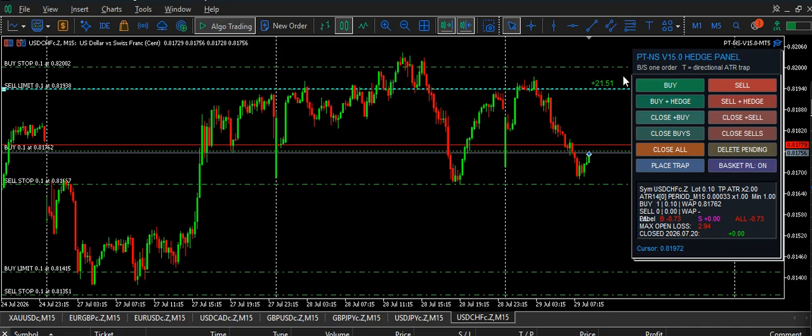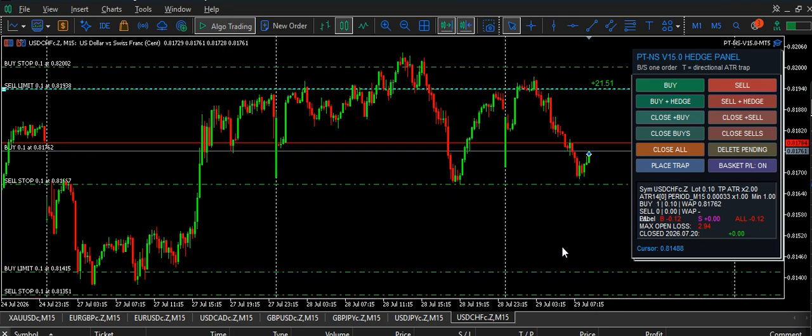Then we can look further back to the left on the daily and see where the next resistance is, and we can place a trap there. This is slow trading. It's almost frustratingly slow. That's why you trade a lot of pairs, and your risk is very low. So this is it. I'm walking away from this and I'll report back later what's happening.